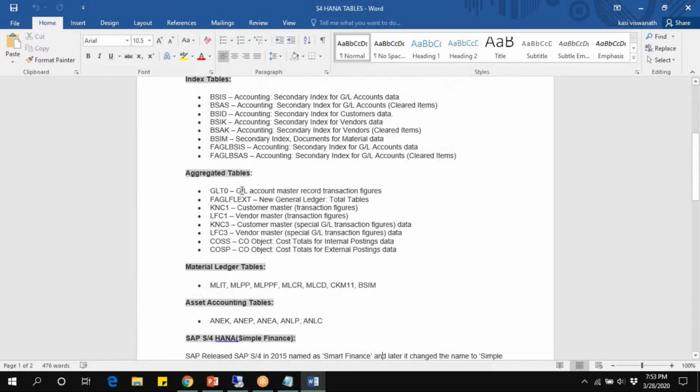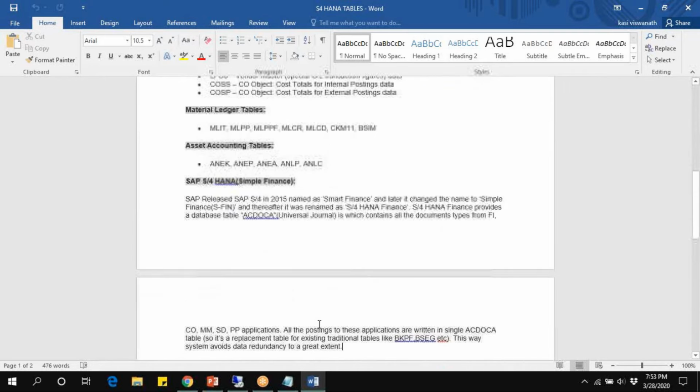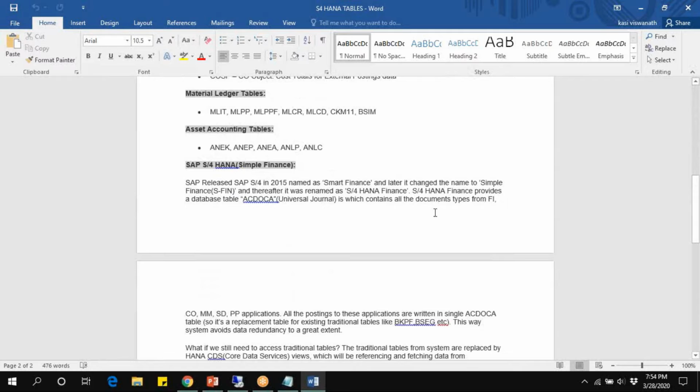And aggregation tables are GLT0, FAGLFLEXT, KNC1, LFC1, KNC3. And material, MLIT, asset accounting, ANEK, ANEP, ANEA, ANLP, ANLC. In ECC we already discussed the tables. Now, all tables are migrated to the key table. The table is ACDOCA.